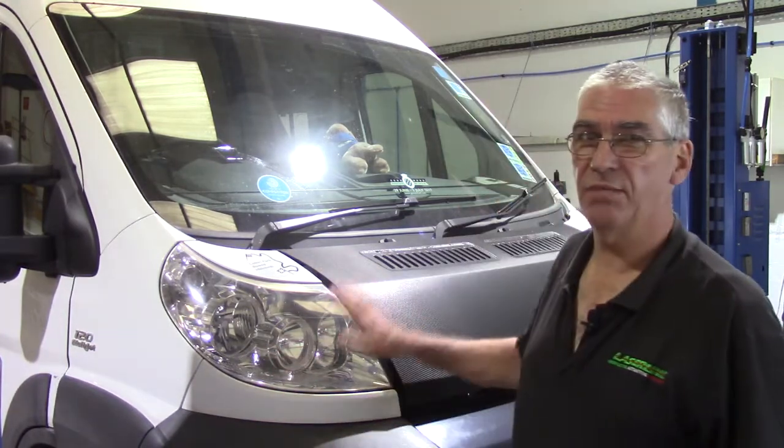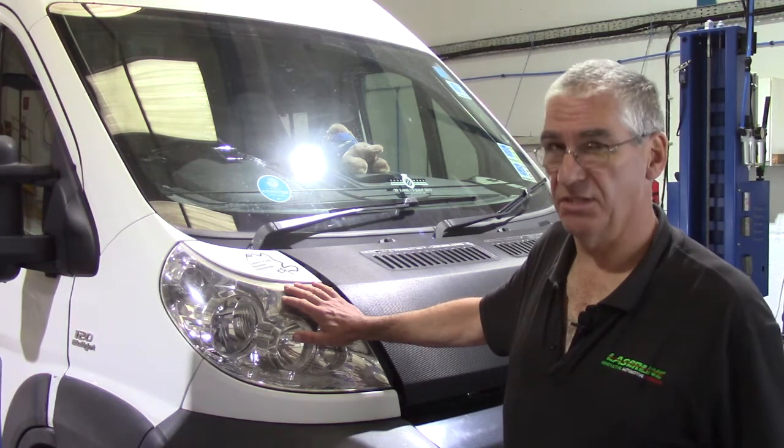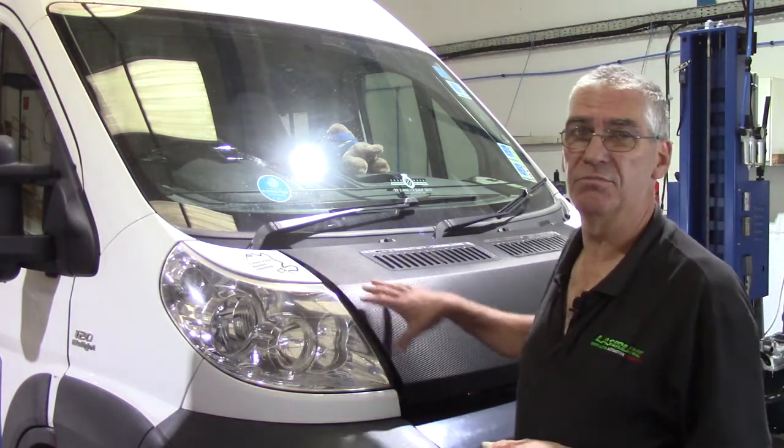Today I'm going to be tackling changing the cam belt and water pump on our camper van, the Duchess. This is a 2009 Fiat Ducato base, which is designated X250. Most of the Fiat Ducato range over the years have had an X designation which tells you what model it is. The early ones from 94 to about 2000, 2001 perhaps, were X230. From 2000, 2001 up to late 2006 were X244, and from late 2006 onwards up to present day is X250. Now the latest version of this is the facelifted model with different headlights and bonnet arrangement, slightly different style in here. It's often referred to as X290, but it is still an X250, and you can tell what model you've got by looking at the VIN number, the vehicle identification number,